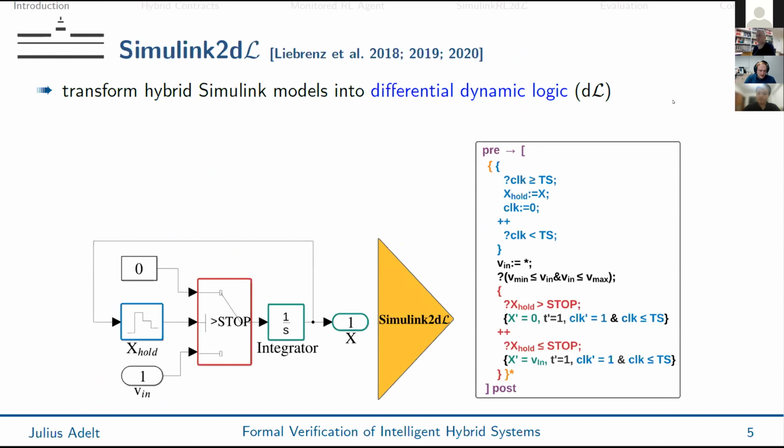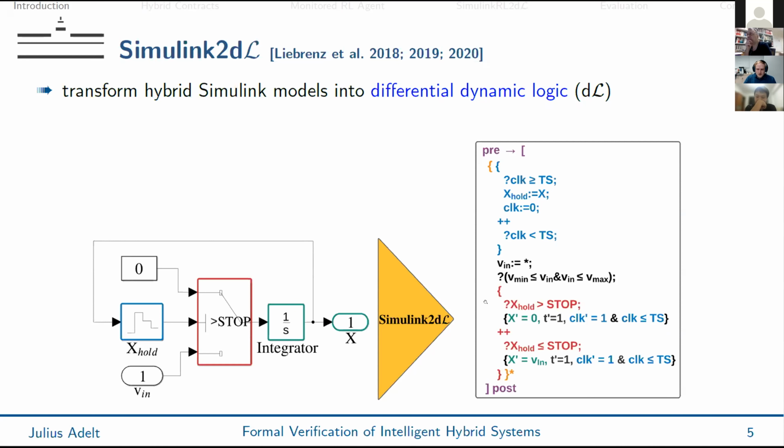The position x is modeled by an integrator block, which integrates a velocity signal over time. And the velocity is determined by a switch here in red. If the current position of the vehicle exceeds some stop threshold, a velocity of 0 is forwarded, so the vehicle stops, and otherwise an arbitrary input velocity is forwarded. This model also features a zero-order hold, which discretizes the current position at discrete points in time. So the vehicle only gets momentary snapshots of its position, which sort of mimics a simple discrete controller.